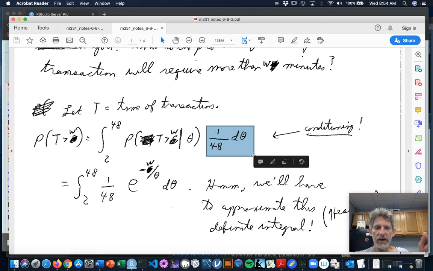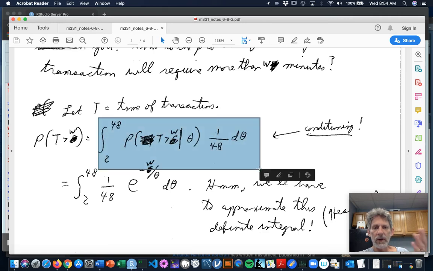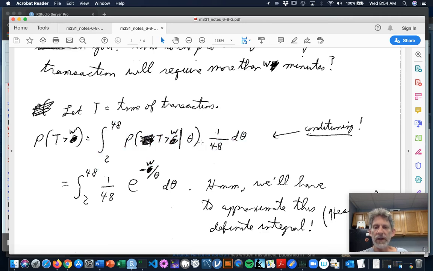The density there, 1 over 48 times d theta, is the probability that capital theta turns out real near theta. And then we could just take that sum over all the possible little thetas, and we've done our conditioning formula